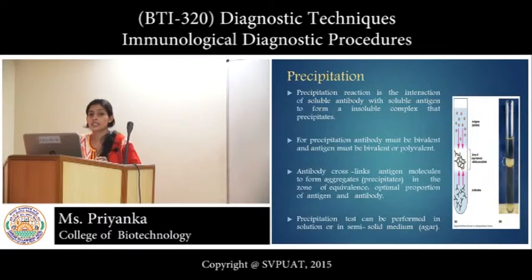An excess of any one of the substances, that is, excess of antigen or excess of antibody, does not precipitate, meaning maximum precipitation does not occur. Complexes that are formed are small, or sometimes no complexes are formed. Precipitation occurs in fluids and in gels. In fluids, we can also